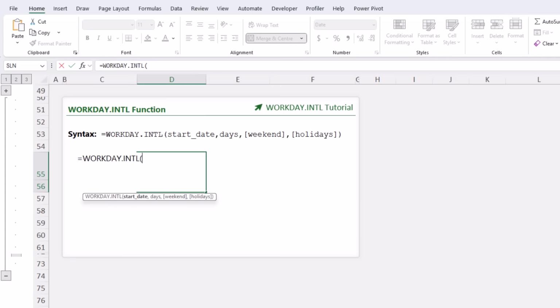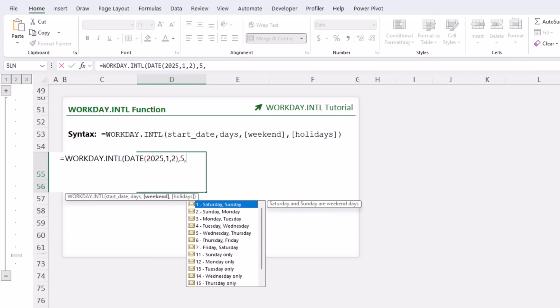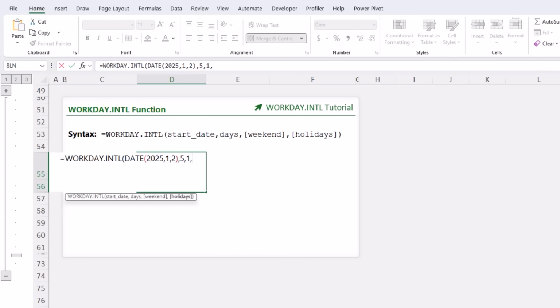The start date, I'm going to use the DATE function to enter it. So it's 2025, January, and the 2nd. Close DATE. And remember, we want 5 working days after January 2nd, so that's 5. And in the weekend argument, I can specify which days are my weekends. For me, it's Saturday and Sunday, so that's 1. But notice you can choose any days or even just 1 day off. I'm going to enter 1 for Saturday and Sunday, comma, and here I can specify my holiday dates, which could